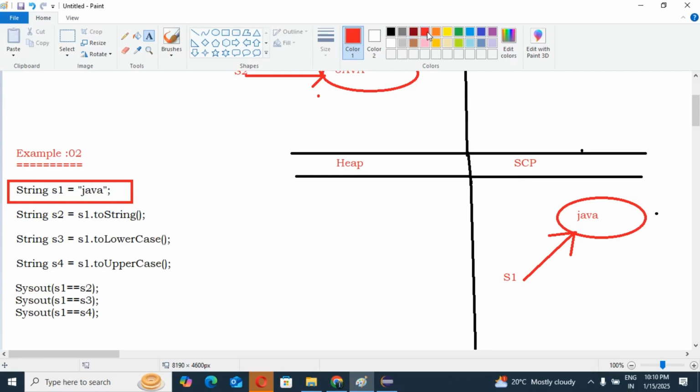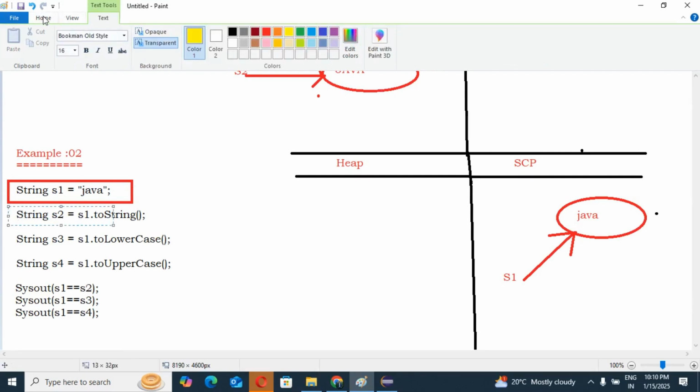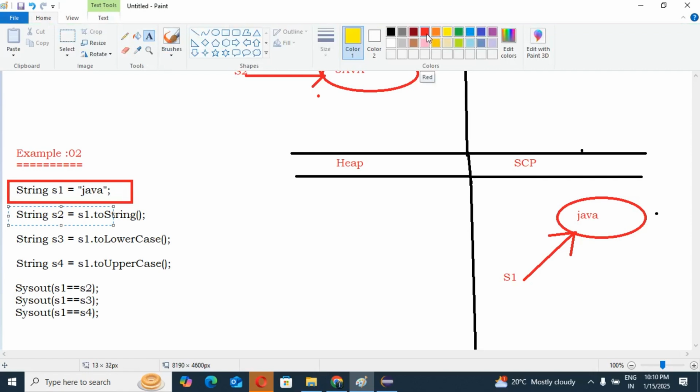Yes or no? It will become only a string, correct?